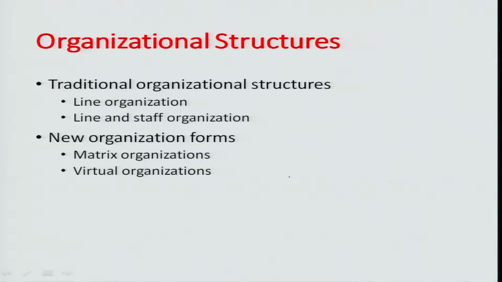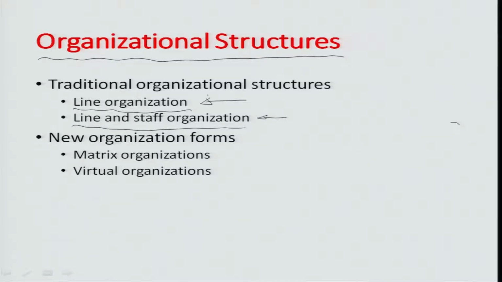When we look at different organizational structures, so far we have discussed principles of how you can categorize the workforce into sections and departments based on span of supervision, etc. But the different structures that result from all such principles are, in traditional organizations, line based organizations and line and staff organizations. I am going to do these two individually in a little more detail later on. And then there are new organizational formats, matrix organization or virtual organizations, also involving certain tasks or projects which are one of their kind, where more than one domain of supervision or involvement may be needed.